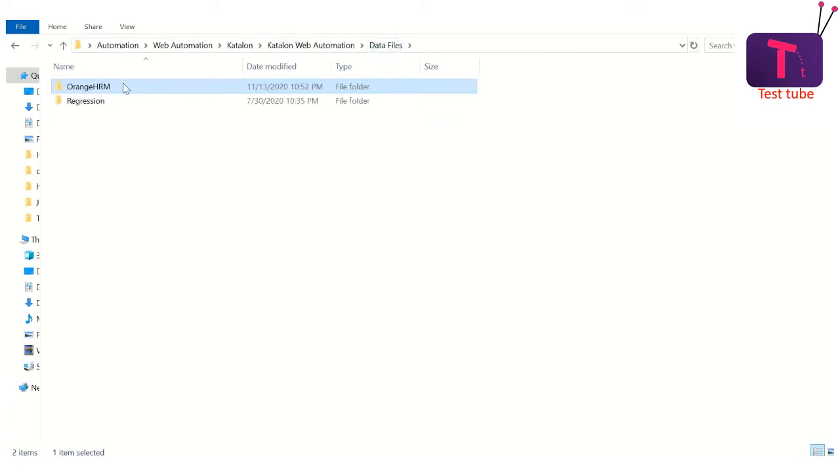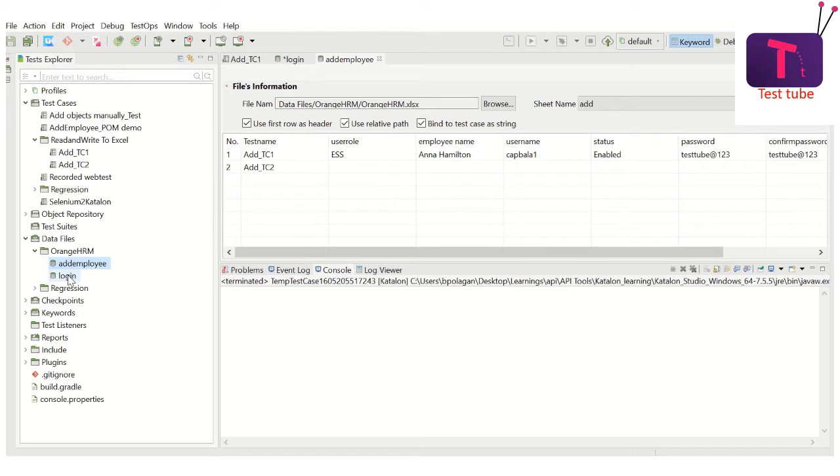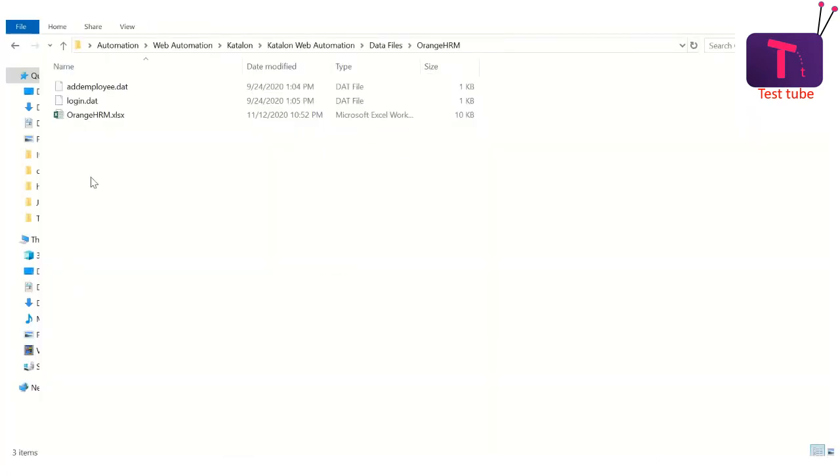So these data files are storing not just the .dat files, which are the Katalon test data sheets, over here, but also my Excel sheets over here. So conventionally, this is an advantage of keeping your Excel sheets at the same place where you are keeping your data files.